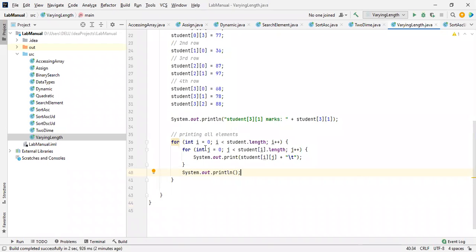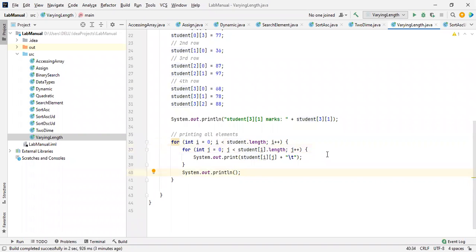Okay, see this for loop. Since it is a two-dimensional array, we need 2 for loops. So based on this, it is for the inner loop. That's why the particular specific element will be mentioned. Based on that length only we are going to print. If we take the length of the main array, it will be an error. I will show that one also. So this is a particular specific length, the inner loop. We are going to access each and every row. That's why we are just going to take the length of the inner loop only, and this is the main length of an array.